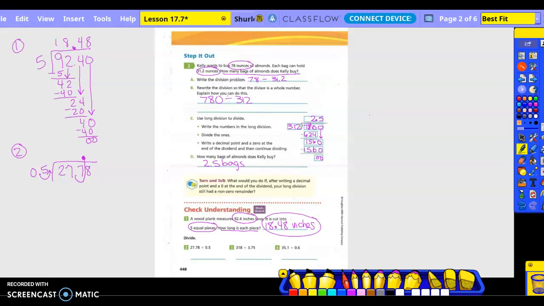All right, 5 into 2. Nope, 5 into 27. 5 times minus 25. 2, bring down the 7. 5 into 27. 5 times minus 25. 2 left over, bring down my 8. 5 into 28. 5 times minus 25. 28 minus 25. 3. Okay, can I just leave that there? No, so I need to add a 0 and bring it straight down. So 5 into 30 minus 30. Anything left over? No. So my answer is